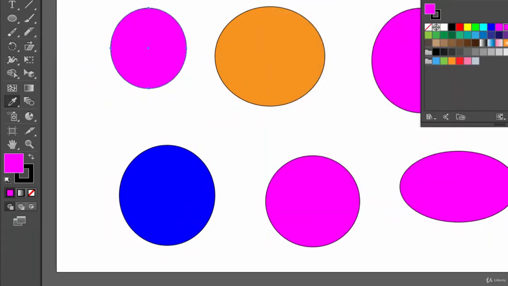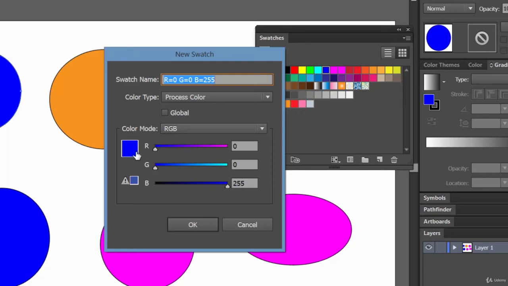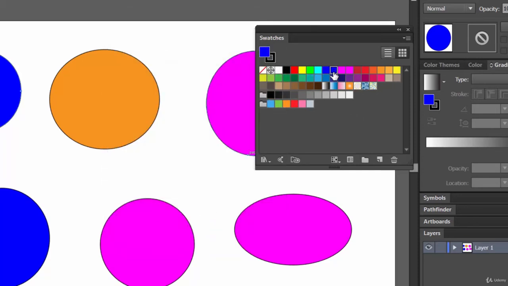Let's click on OK. Now, using the eyedropper tool, let's select this object color. Now it's blue, right? Let's create a new swatch and now the blue color is selected. Let's click on OK and see now this color got added.